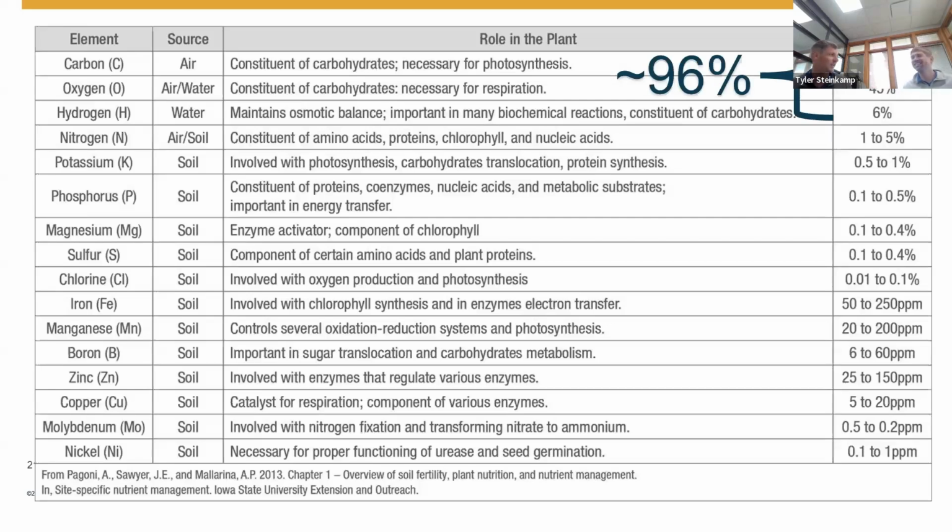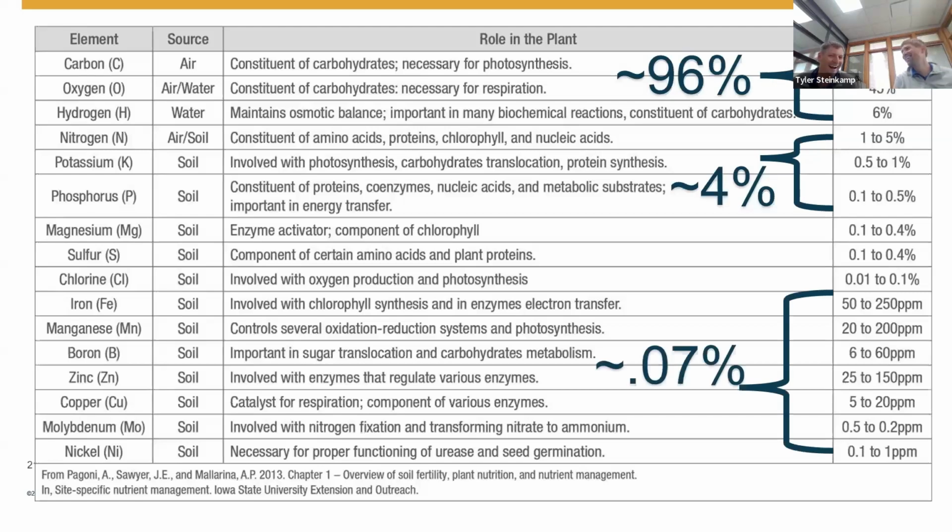So now let's talk about the next couple ones. So the ones we usually think about, N, P and K. N, P and K, if you look at a whole plant, is only about 4 to 5% of the dry matter. Okay, so Tyler, you made me do a math problem. Yep, that's your turn. So what does this really leave, if 96% and 4% are made up of those elements? What do we have left for our micronutrients? Zero. Yeah, it's a rounding error, but if you actually do the decimals here,